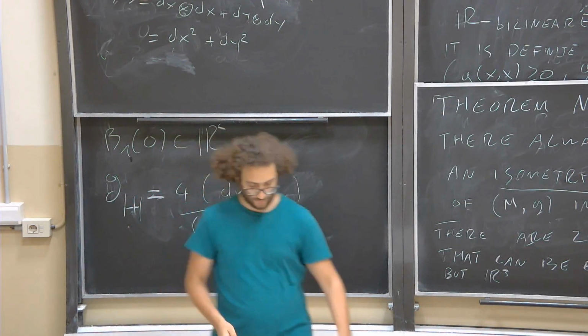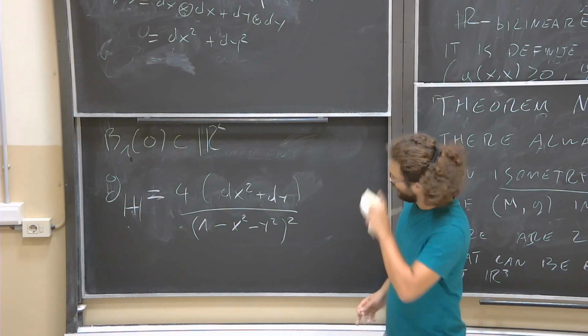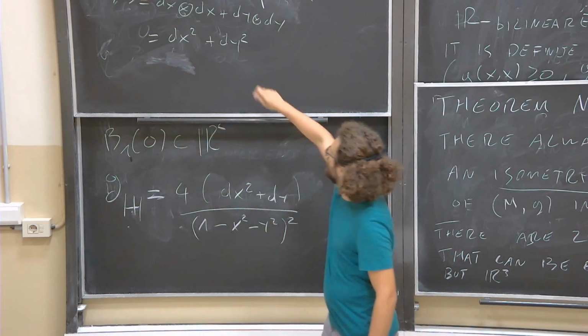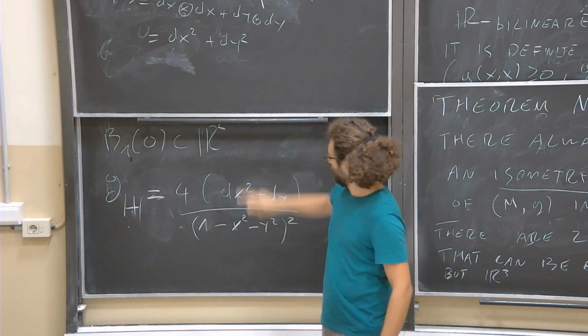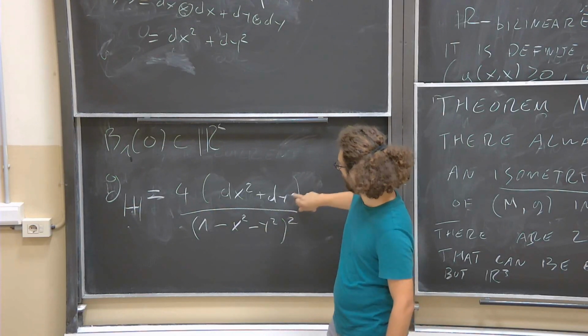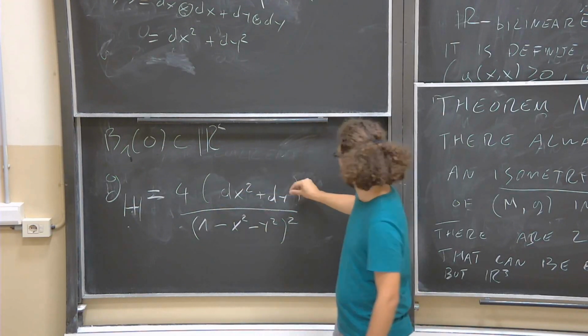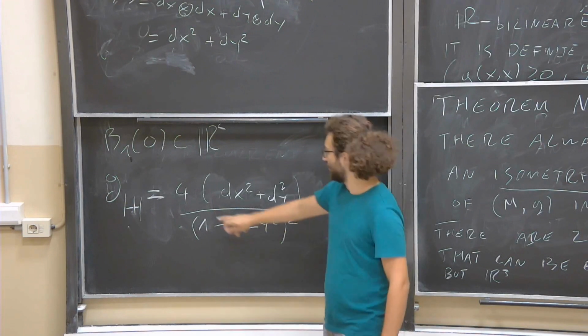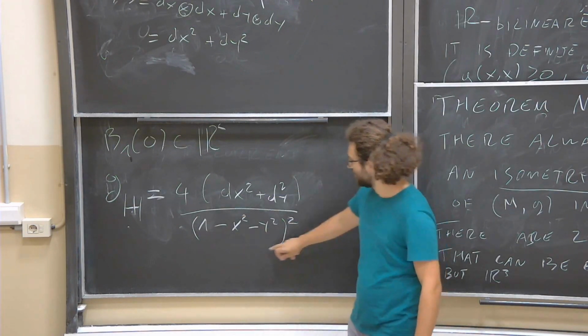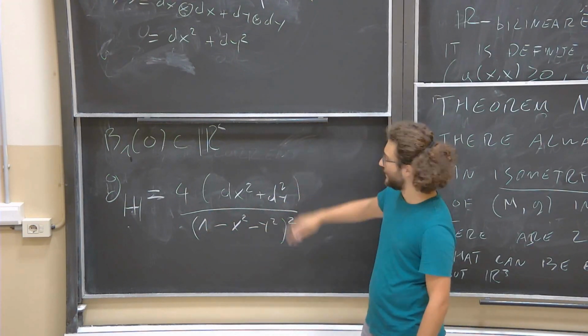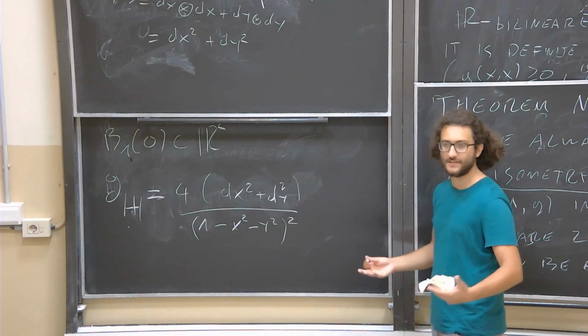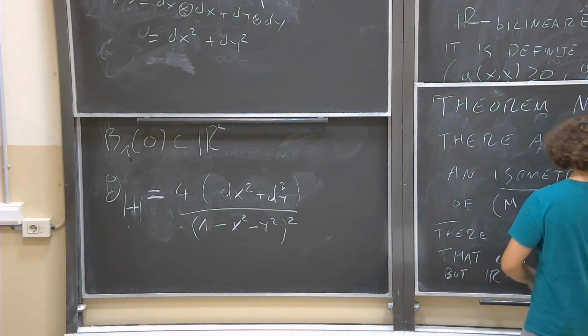We try to figure out what's happening right now. So we take a very simple object, which usually would have a metric like this, and we change a bit the metric. So the numerator is just that metric multiplied by 4. The denominator is a function that multiplies everything and rescales the metric. That's what it's basically doing.